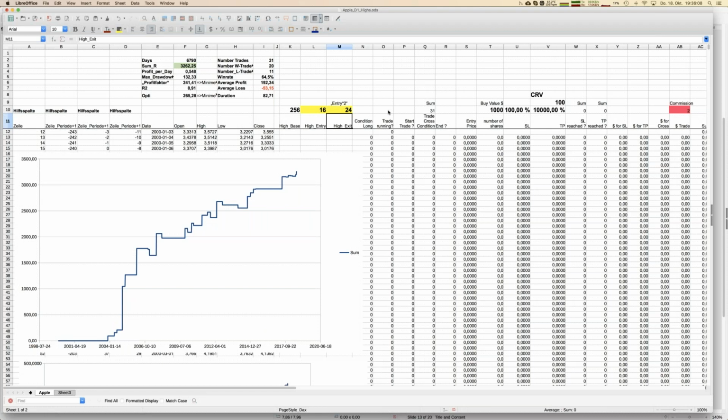Now the strategy is getting a little bit better. In principle, what we can do with that kind of Excel sheet is optimize, but only for one stock at a time, so for one company. You can do it on your own. And if you have interest in that Excel sheet, no problem. Just send me an email, as always. And then you can figure out how to trade that company, and so on and so forth.